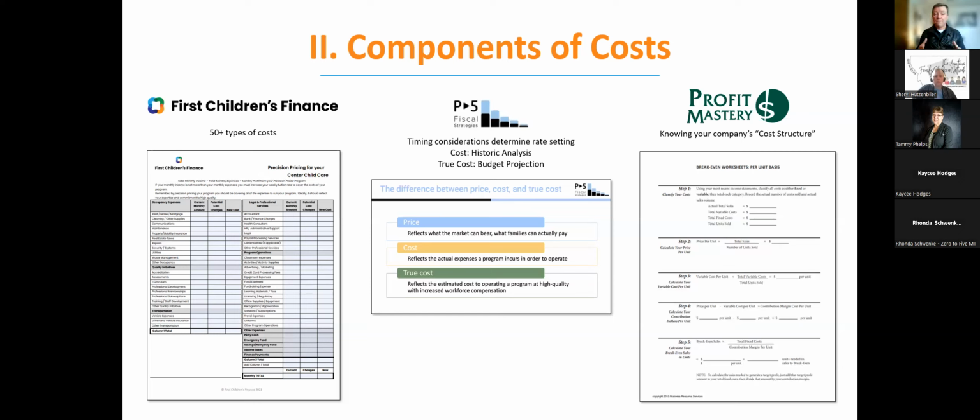P5 Fiscal Strategies is one of our other partners who's designing our cost of care calculator. We were on a call a couple of weeks ago where they were discussing the price volume cost relationship and also suggested that pricing accuracy has a timing component. Your costs in the past don't necessarily reflect accurately what they will be in the future. Those of you dealing with increases in wage rates for your employees completely understand what this is. It's important to understand the timing element, costs looking backward, budget projections moving forward. True cost is what they're referring to with a budget projection.